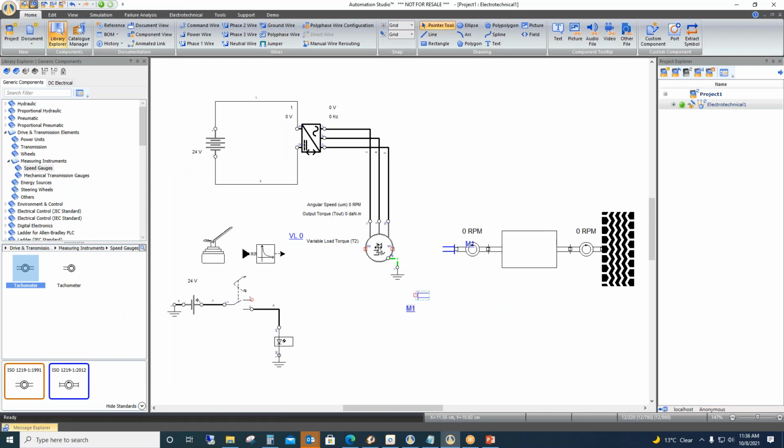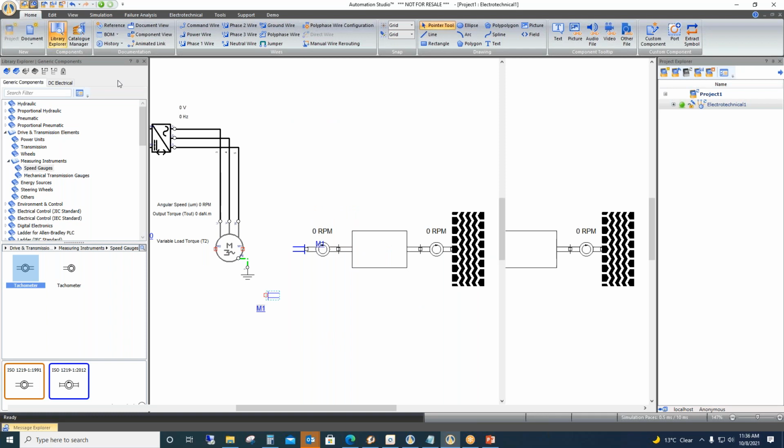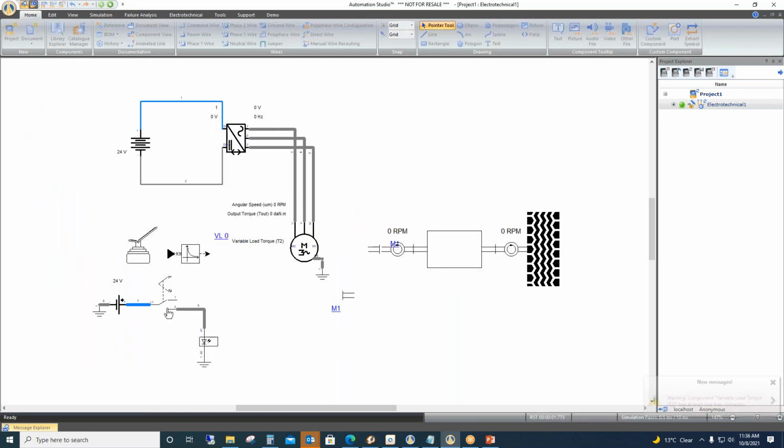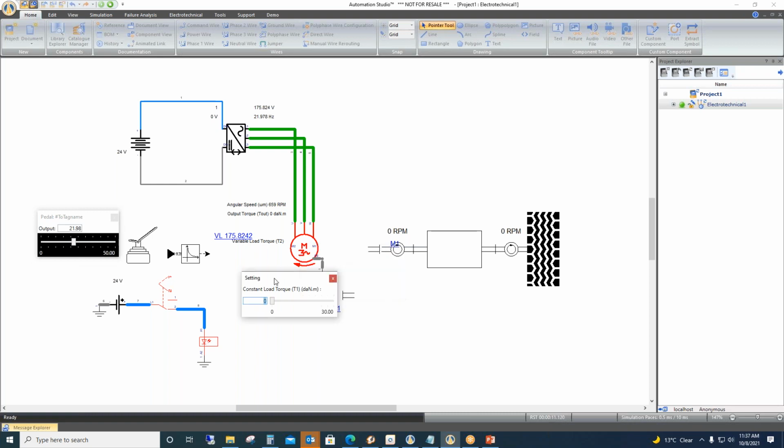Okay, so we will not consider the mechanical jump right now, and if you run the simulation, turn on the motor. Say at this frequency of 22, we have the speed of 699, but here the constant load torque we have kept at 0. So what you are saying is, if the terrain changes, the load torque on the motor can change. So you can control this parameter.